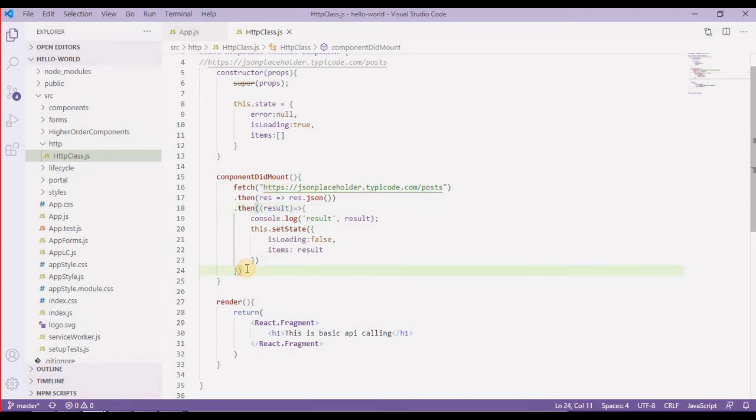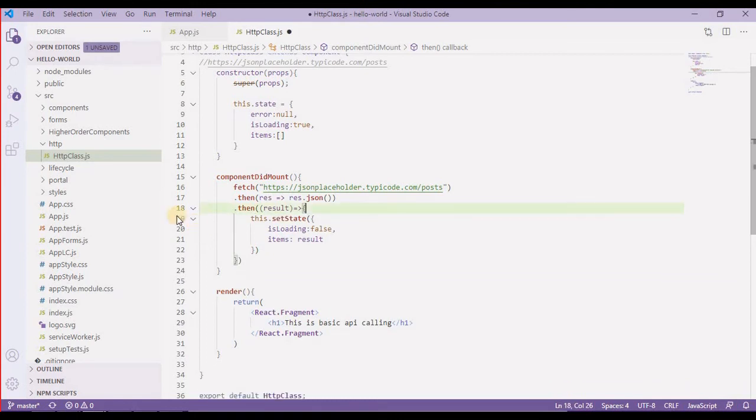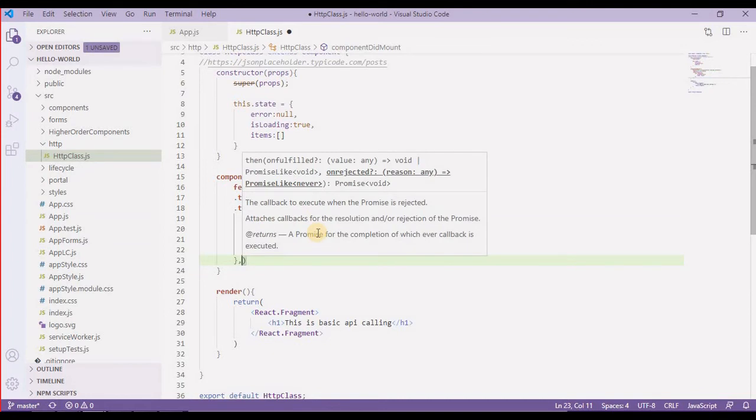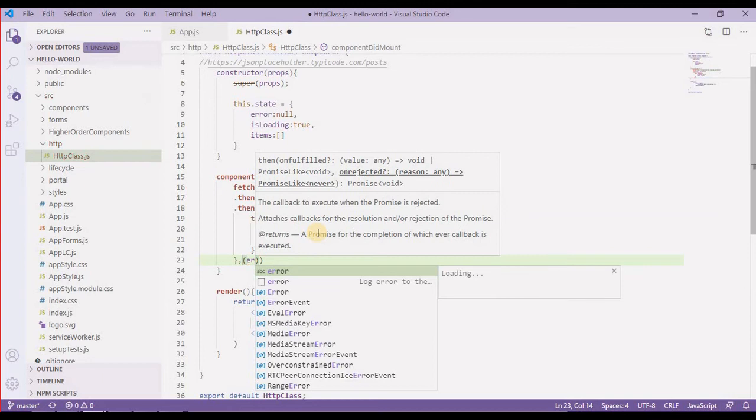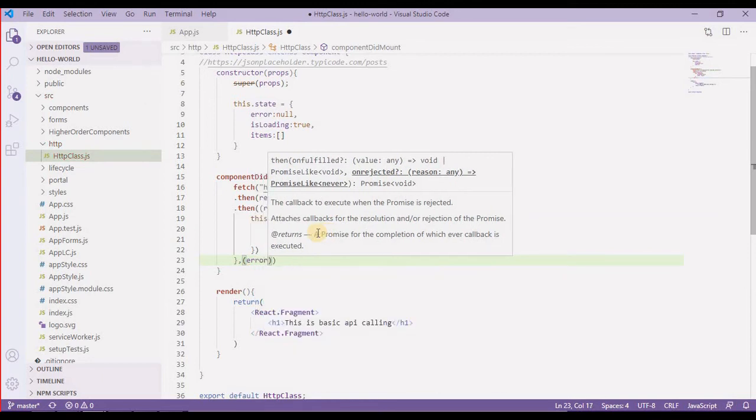So where this function ends, okay, let me delete this line also. The callback function ends over here, and there I am going to provide error as another callback method.